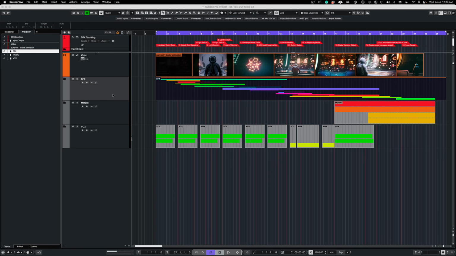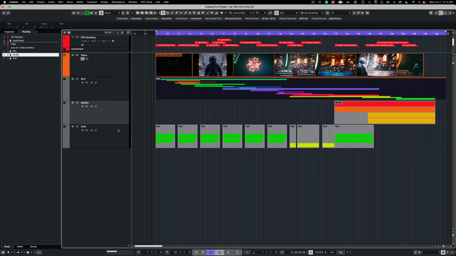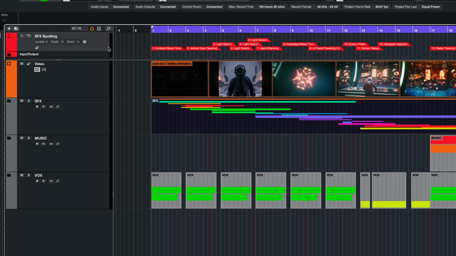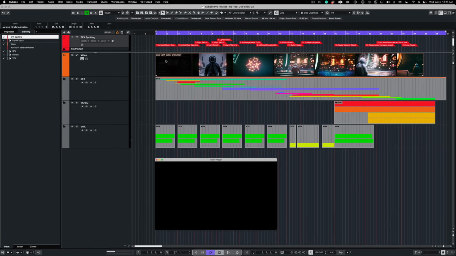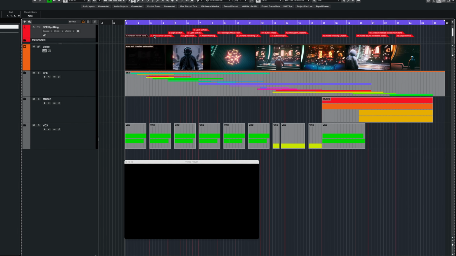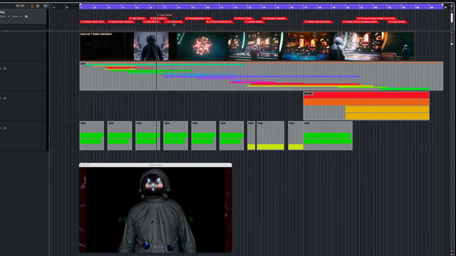Here we are in Cubase, and as you can see, I've organized this project into three main sections: sound effects, music, and Vox, and there's a marker track on the top. The very first thing that I did, as you can see with the marker track, I did what's called a spotting session. That's something that you would typically do with your director or a client. You basically just go through the video, taking notes on where specific sound effects and music cues need to hit